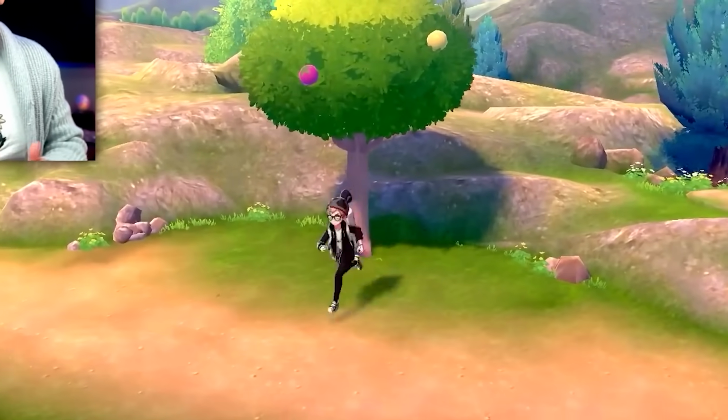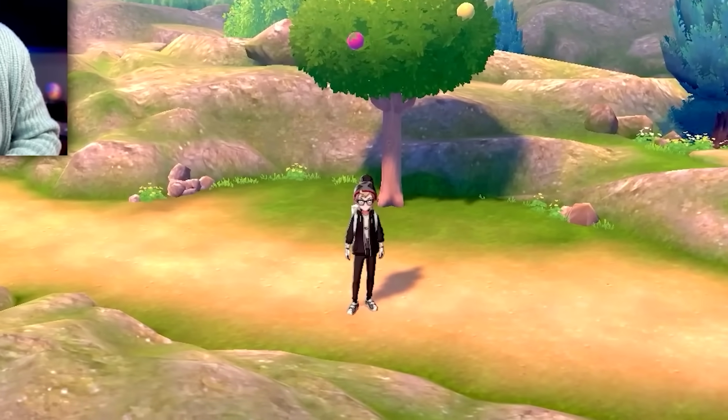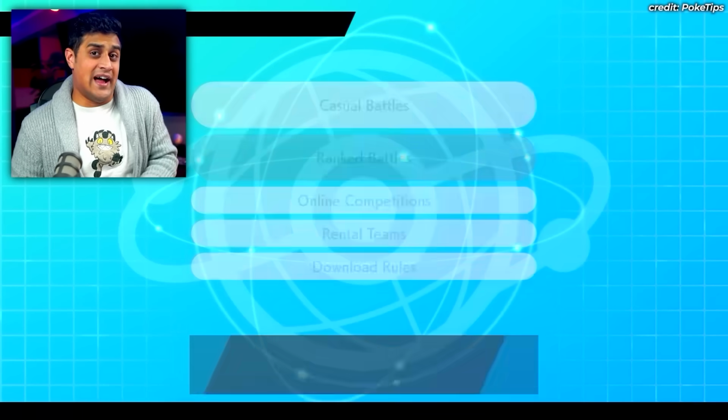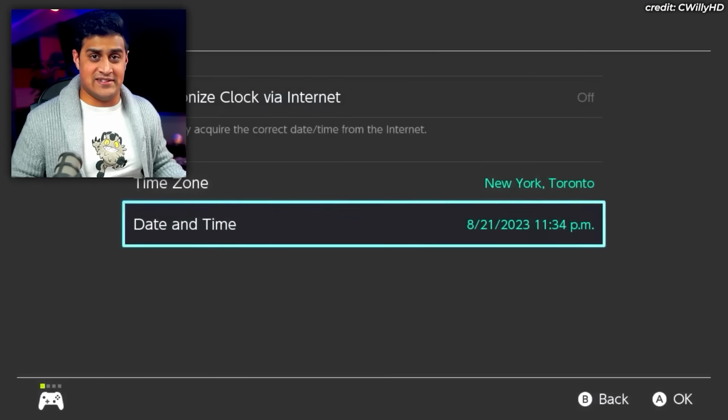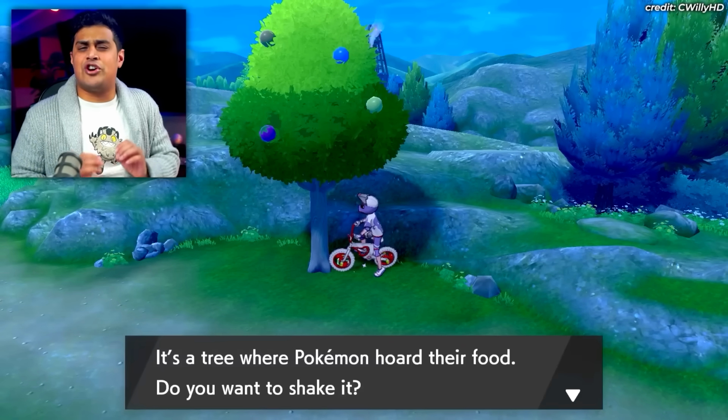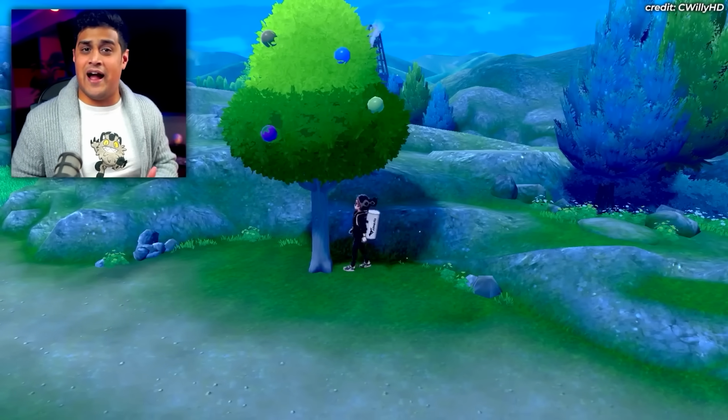But the berry tree on Route 3 was the one that really broke the game. First, you need to glitch the in-game date by connecting to Nintendo Switch Online, playing an online ranked battle, exiting it, and changing the date. Then, by lining up your bike just right in between the tree and the rock behind you, you could shake the tree and encounter a Pokemon,